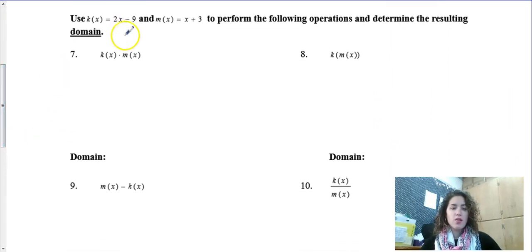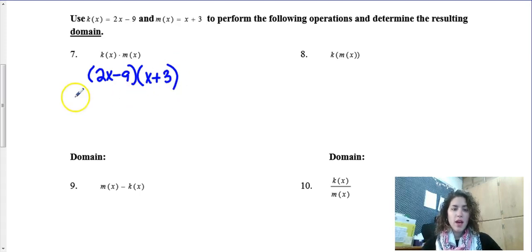It says, use k of x equals 2x minus 9 and m of x equals x plus 3 to perform the following operations and determine the resulting domain. So for 7, I see that this is multiplication. So we're going to use parentheses, have to use parentheses. We're going to put 2x minus 9 in parentheses times x plus 3 also in parentheses. As soon as I let my brain see that, I realize I need to distribute, and I'm going to use